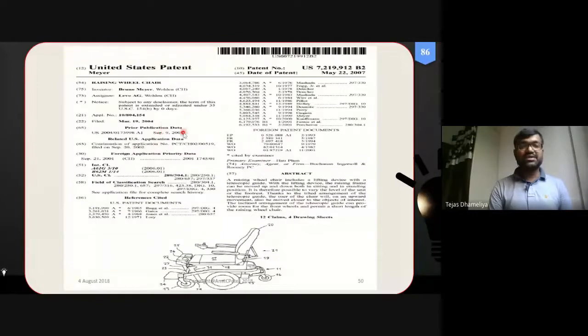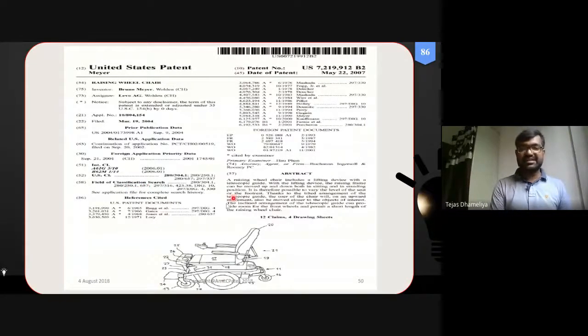In the year 2004, they are going to file the patent on March 19, although the image is a little bit compressed in a bad way. But the point is that they have also highlighted some other related patents for the same. Okay, and field of classification. Some digits and numbers are given over here, which classify the field of invention.